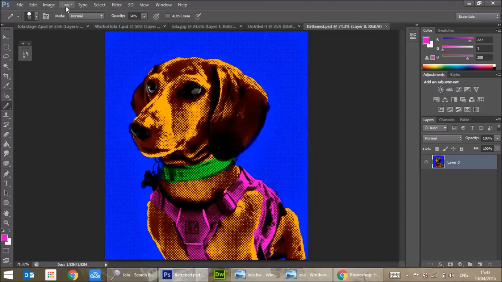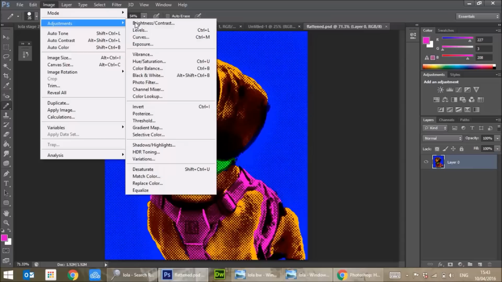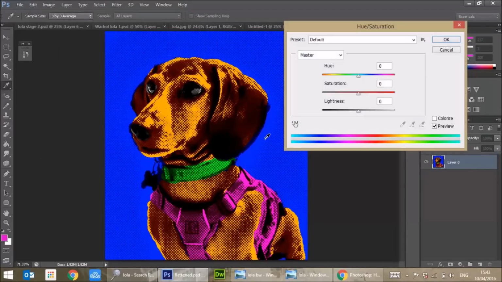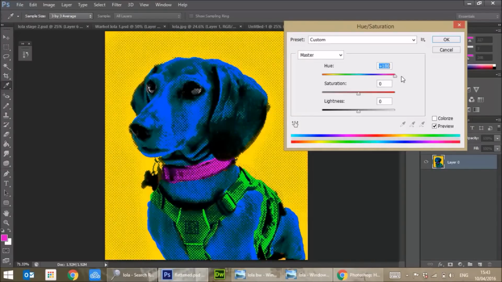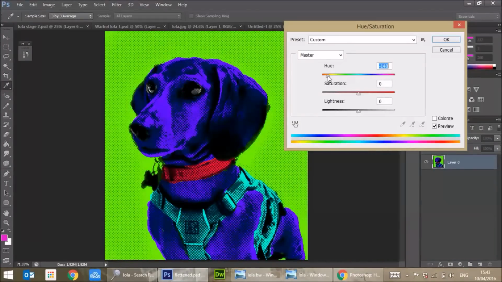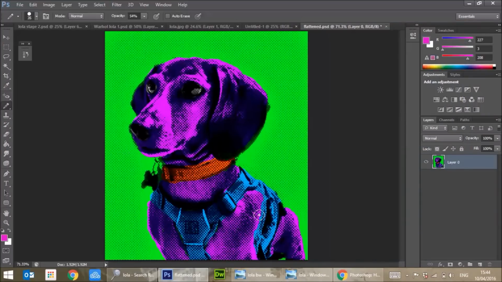So I'm going to now create 4 different versions of this, so I can lay it out in a 2x2 poster style. So I'm going to go to Image, Adjustments, Hue and Saturation, and I can now change the colours, the hue, and it will make 4 different styles of my poster. So the first one I'm going to go for is that. I'm going to click OK, and then I would save that as